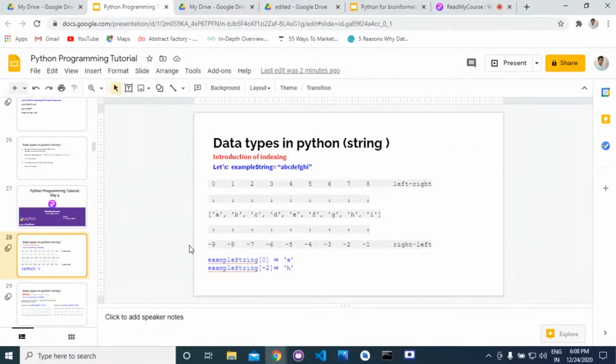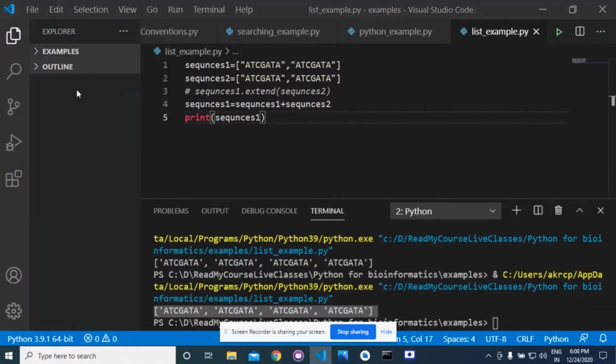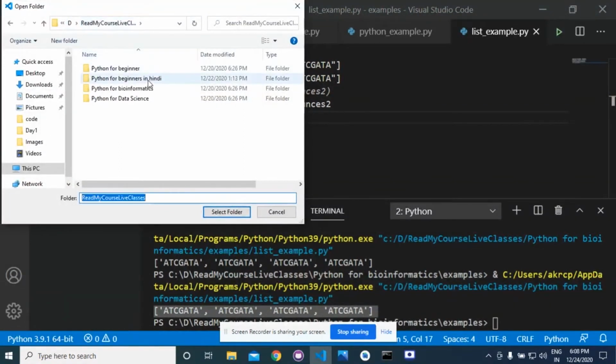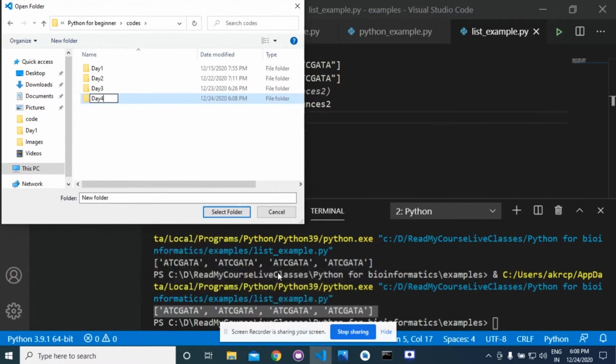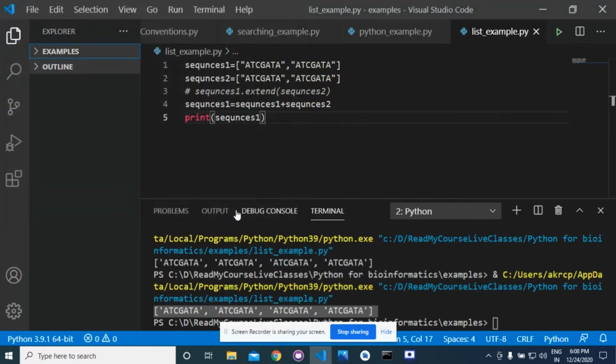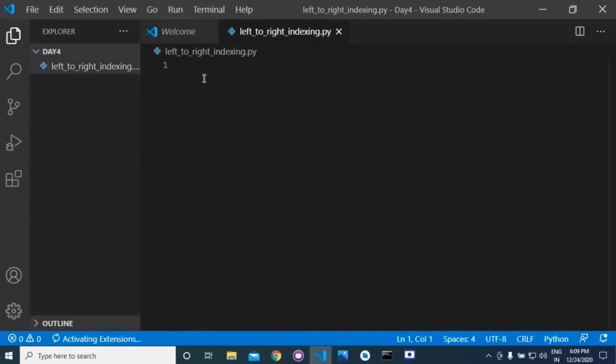Okay. Now we will see an example. First we will see the example of left to right indexing. Suppose we have example string equal to welcome.